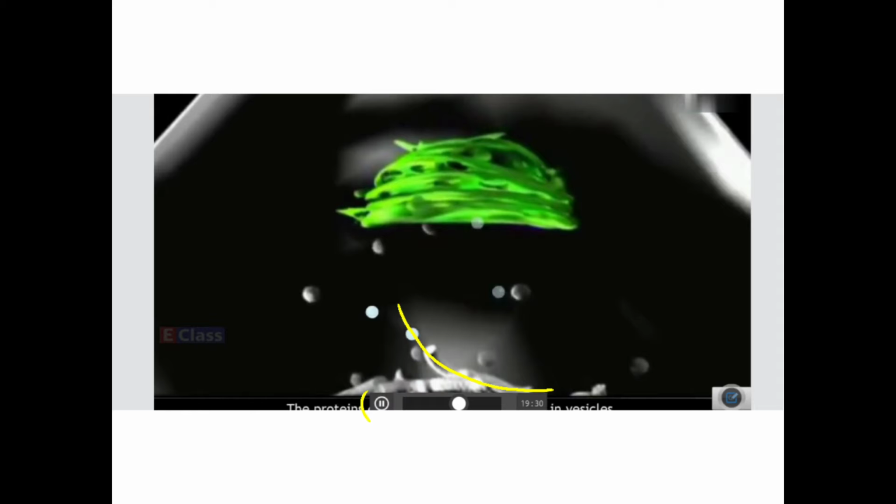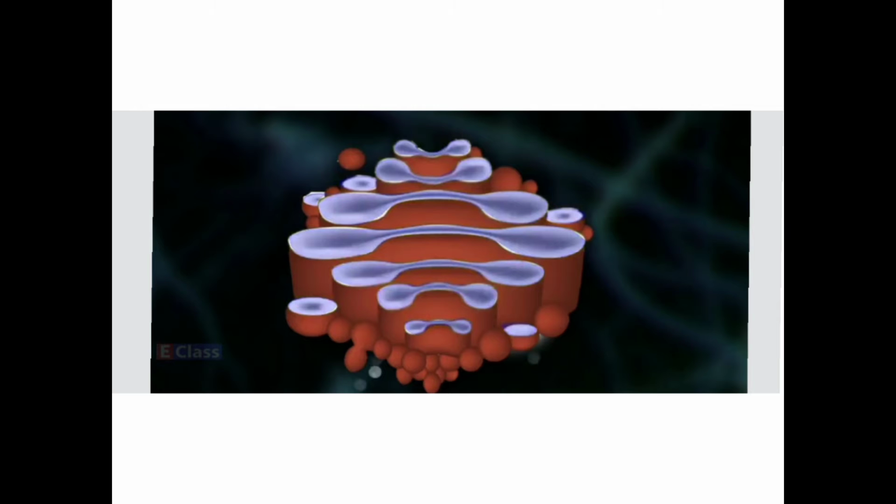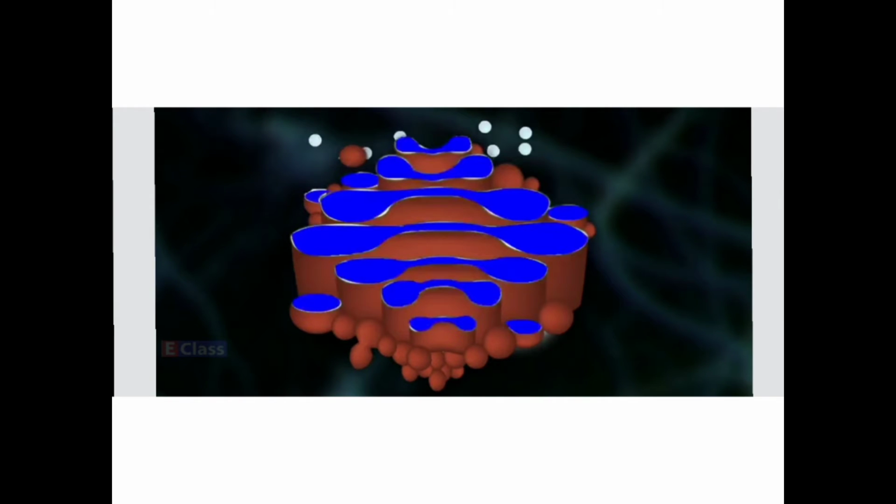Now, as they pass through the cisternae, they are chemically modified with the help of the enzymes, and they are again packed in vesicles, and then this vesicle exits from the maturation phase. Thus the cisternae work like a packing department. They pack it, go and keep it there, the packet is kept there, and this is how the distribution of the substance is done.